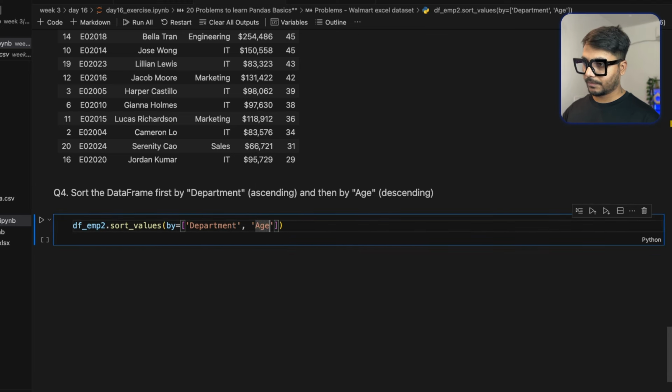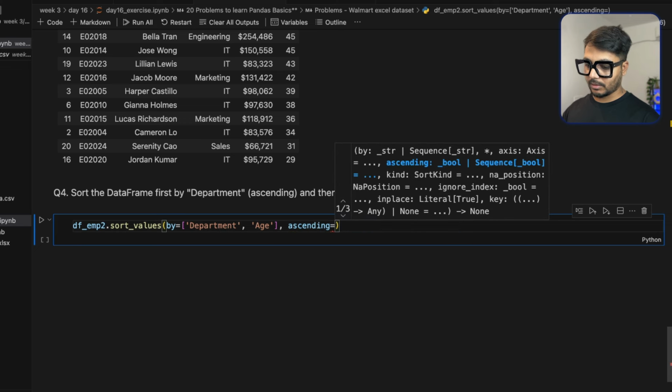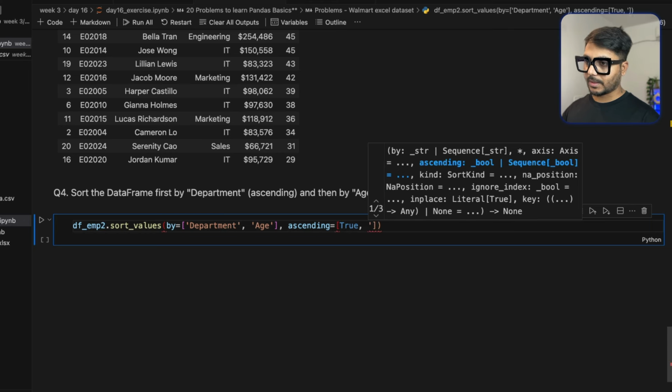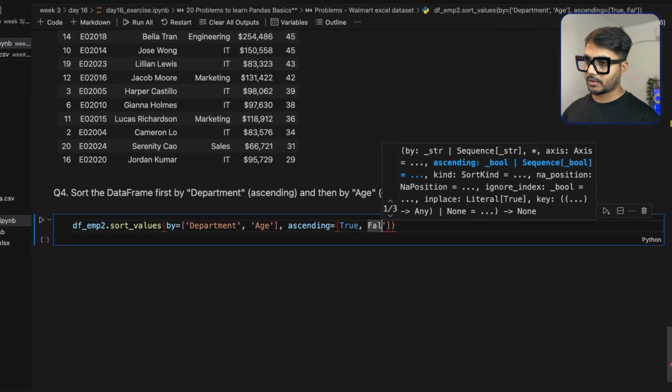Okay, and then you can say comma ascending, and here also you need to give the values as a list. So the first one we want ascending, so I would say true, and the second condition I'm going to say false. Okay,